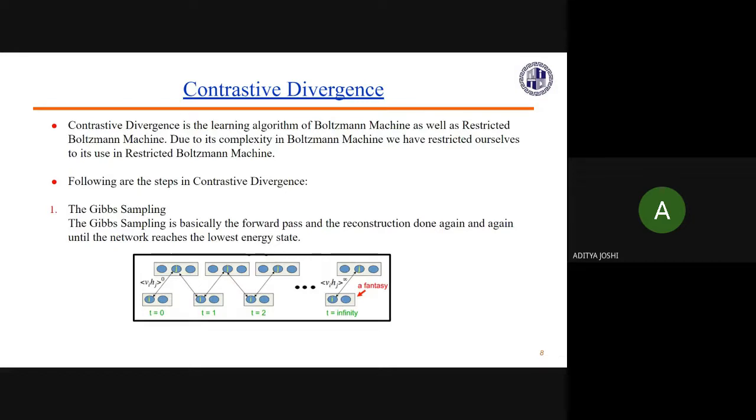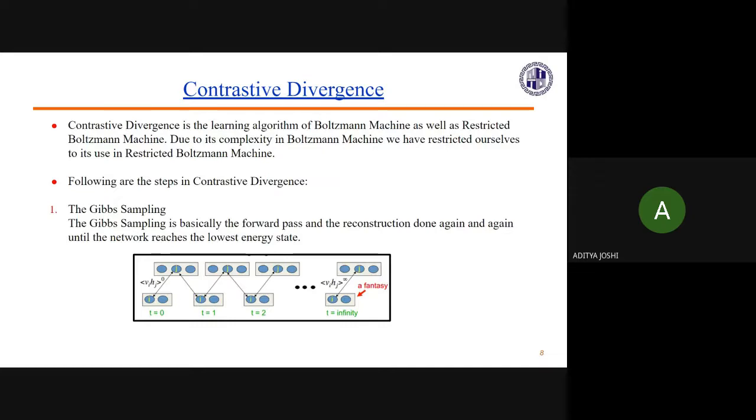The first one is the forward pass, which is basically from the input node or the visible node, you move on to the hidden nodes. The data gets passed on, it gets multiplied by the respective weights and all those things that happen in the neural network, and we finally get the hidden nodes. And after that, reconstruction happens. So the hidden nodes again try to make up the input node. That is the reconstruction part.